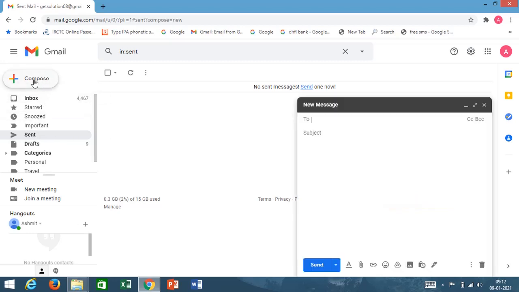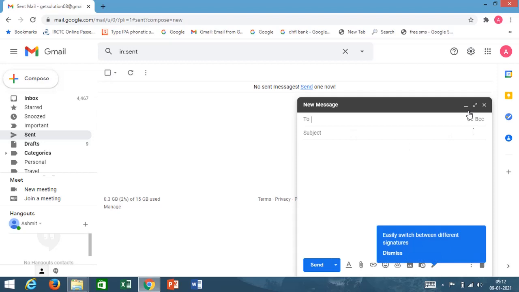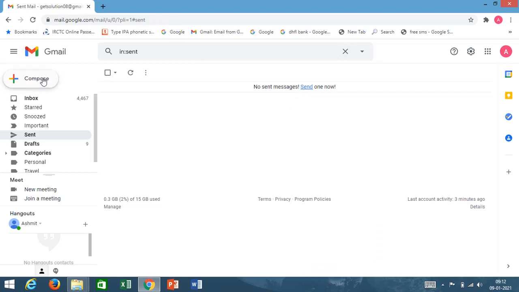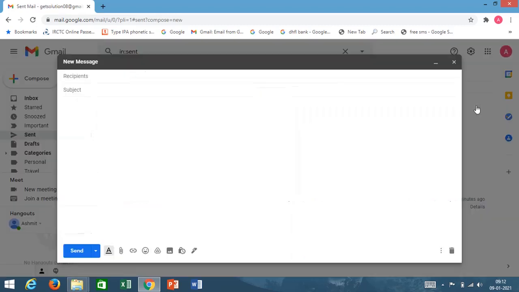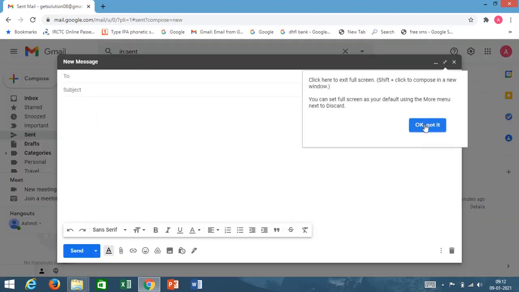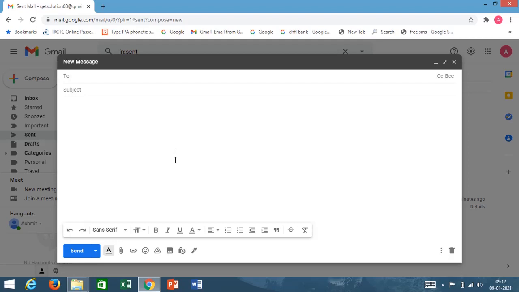So now I will go to compose. When you click on compose, this particular box comes where 2-3 options are given. Here you can see at the top it is written To, then it is written CC, then it is written BCC. Now I will explain all these 3 terms, why these terms are used. Now To means